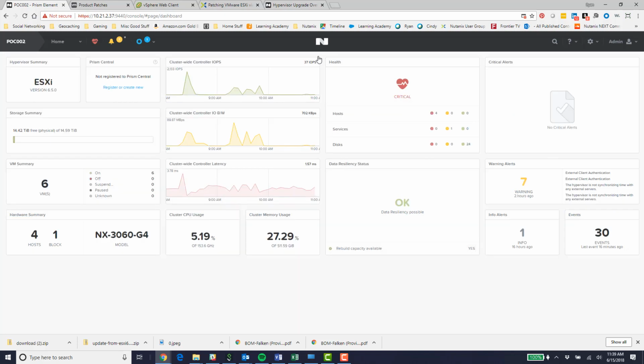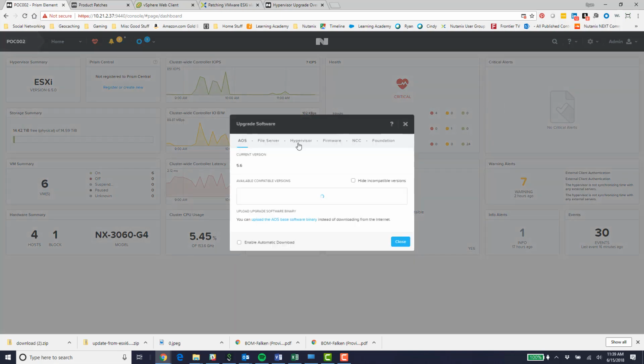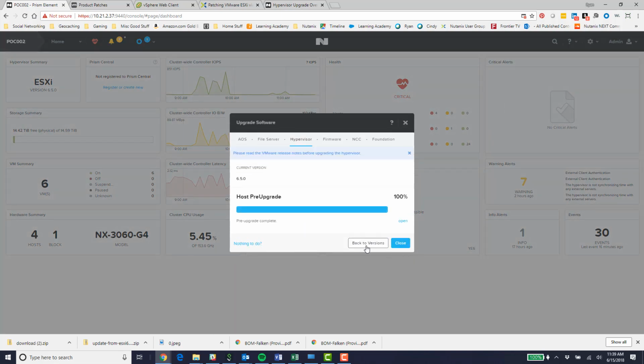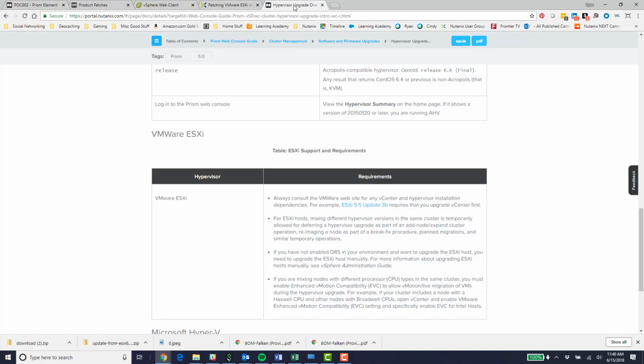So this is the display that we're all used to seeing. And what I can do is go up to the gear icon, go up to upgrade software, and go to hypervisor. It's going to show me my current version of the hypervisor. At this point, because we don't do a baseline, we're going to allow you to upgrade whenever you want, versus other products that are going to send you quarterly packages. So what I want to do is go over to